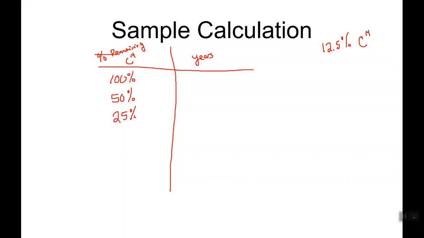And we're just going to keep halving it. Half of that is 25, half of that is 12.5, and actually that's the value that we are most interested in here. So 0 years have passed, all of your carbon-14 are present, right? After one half-life, from 100 to 50%,